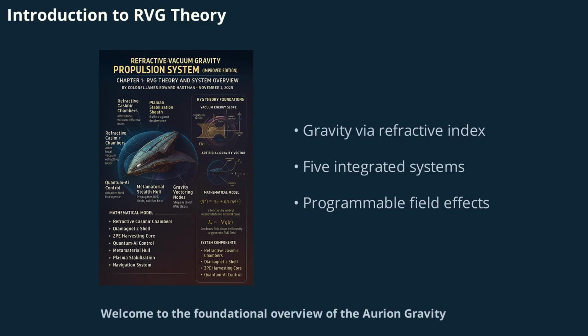Welcome to the foundational overview of the Aurion Gravity Frame AGF-1R and the revolutionary Refractive Vacuum Gravity (RVG) theory. Unlike conventional gravity models that rely on mass or spacetime curvature, RVG proposes that gravity can be engineered by modulating the refractive index of the quantum vacuum. This programmable approach allows for tunable, reversible, and vectorized gravity effects, opening the door to propulsion systems that are massless,